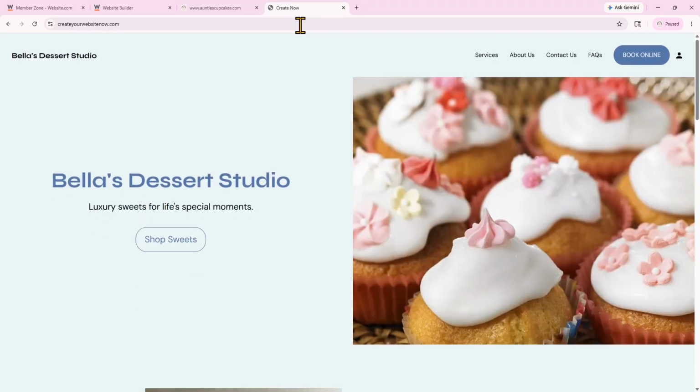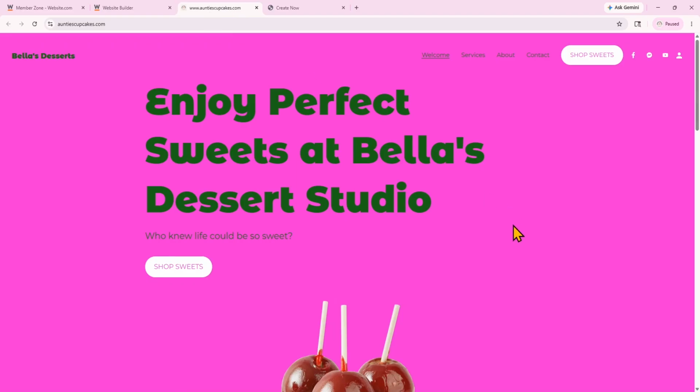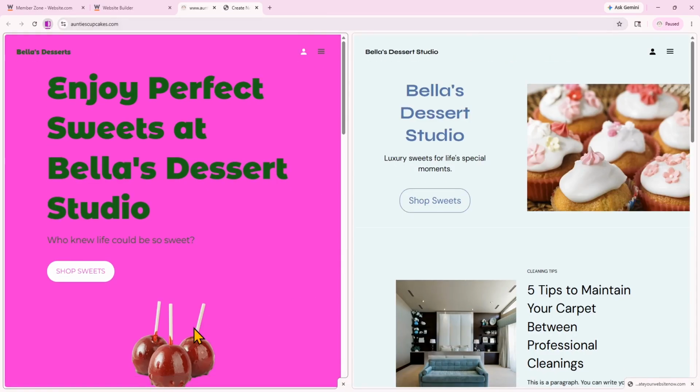So just to compare, here is the minimalist design. You'll notice how the colors are more muted, fonts are cleaner and smaller, and overall there's more room to breathe. And if we look at the maximalist design, the colors are bolder, the fonts and elements are bigger, and there is still white space to make sure that things don't look too cluttered. The minimalist style feels calm and upscale, while this maximalist one can feel more exciting and creative. So try for yourself and see which personality aligns with your business and your brand.